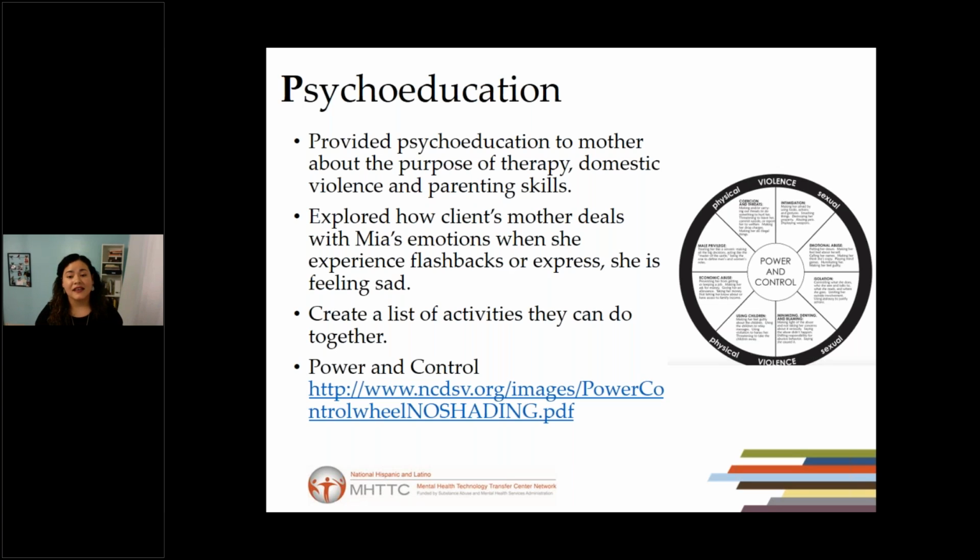And also through the treatment, because they experienced DV, domestic violence, I use the power and control wheel to explain the different situations that could happen when we are in a domestic violence relationship. And I think this was the most powerful, not just for the girl, but also for the mom. Because when I was explaining this to the girl, even though she was 6 years old, she was so bright and smart that even though I tried to use words that were more simple, the sessions were in Spanish and English too.